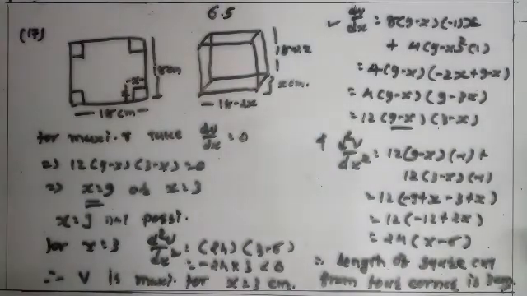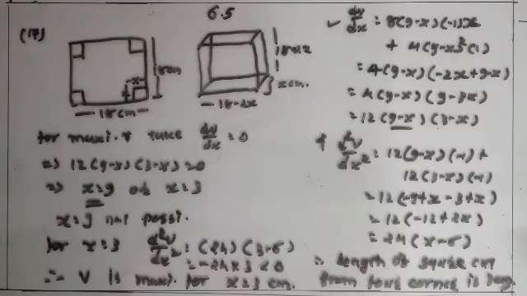Important question. Remember this, how to solve this question. Now question number 18 given. A rectangular sheet of tin 45 cm by 24 cm is to be made into a box without top by cutting off a square from each corner and folding off the flap. What should be the side of the square to be cut off so that the volume of the box is maximum?